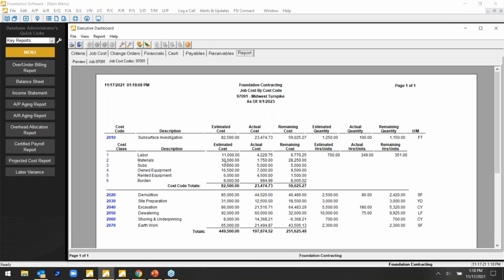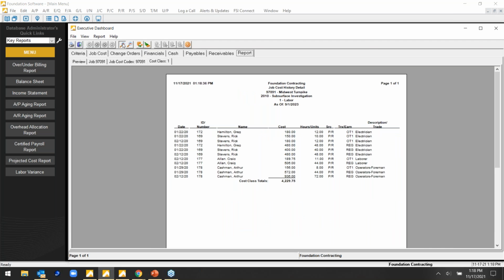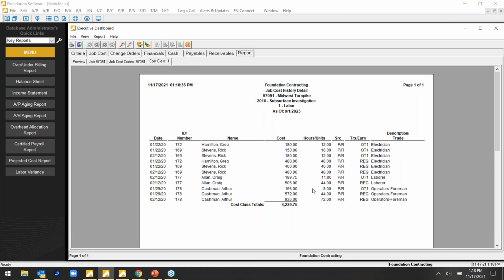Now, ultimately, from a data accessibility standpoint, users can drill into any of these classes to see the detail. So this 4,200 in labor, for example, if I click labor, that shows every transaction that fed in from payroll that accounts for labor, in my example, within that code, within that job that we clicked into initially. So going from that summarized level down into the transaction detail, whether it's labor, like we're seeing here, or